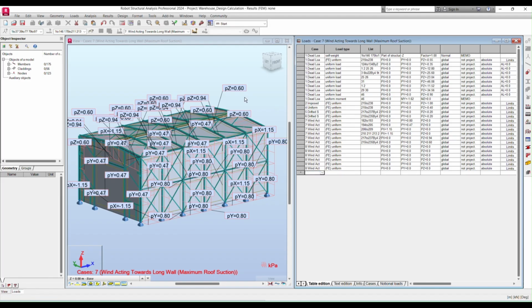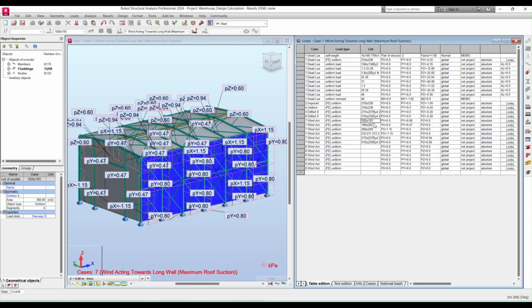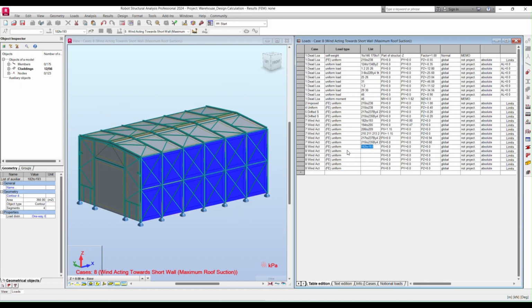So totally 6. We can copy and paste all the cladding numbers and change only the magnitude and the directions, so that all the loads can be applied. By this way we need to apply all the